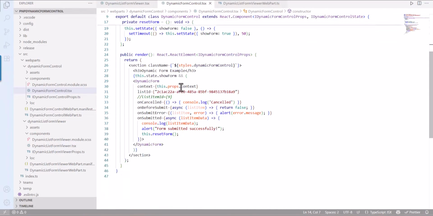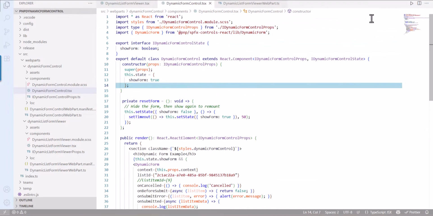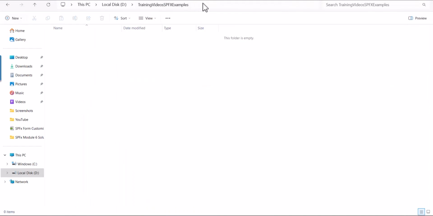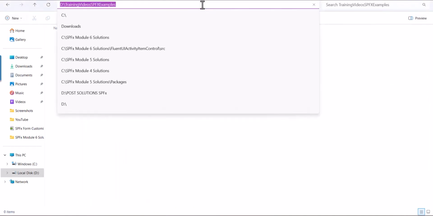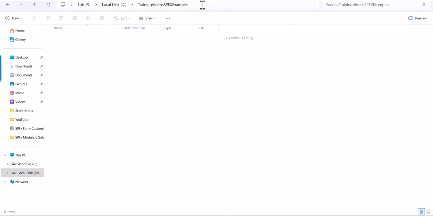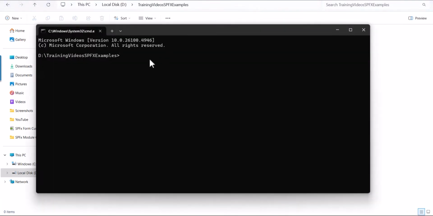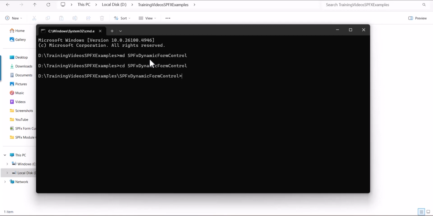I already created this solution, but for explanation, I will start creating it again. Now in this training videos SPFx example folder, I'm opening the command prompt. Now let me create a directory for this solution. So I will provide dynamic form control. After creating the directory, we need to run yo